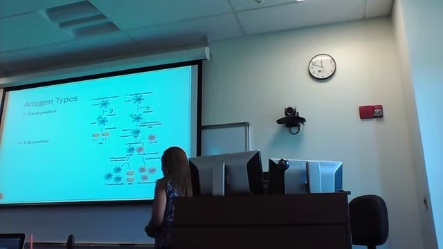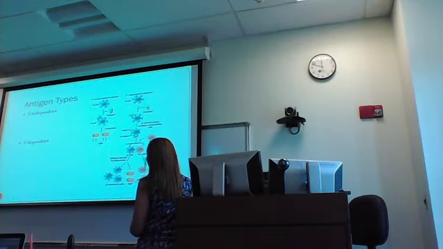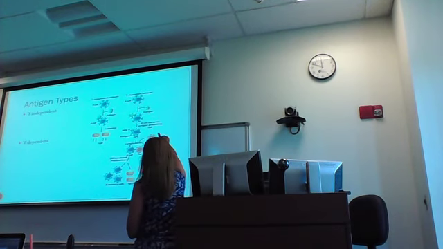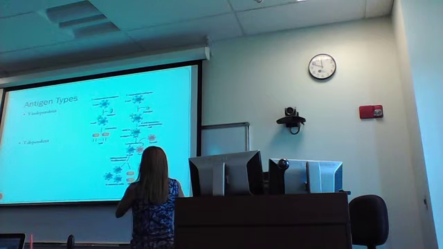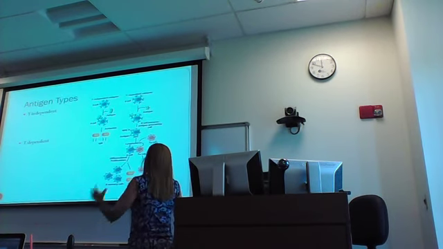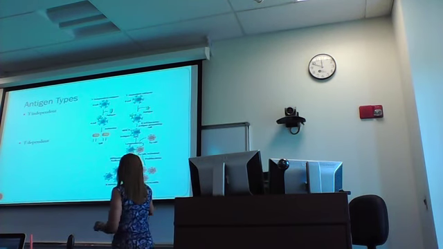So this one's going to have an anamnestic response. So on second or subsequent exposure to the green antigen, the immune system is going to just run into action with immediate maturation of these